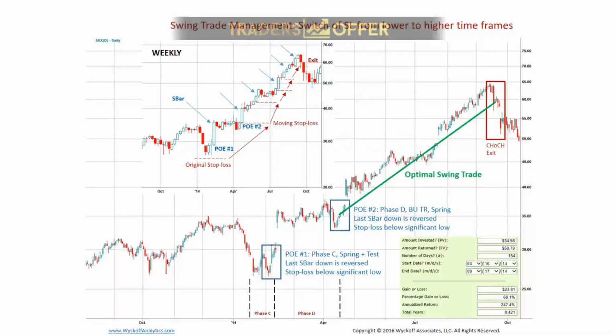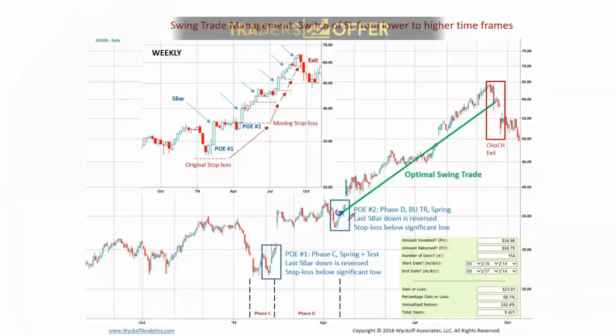So for instance, if you were analyzing the stock on the daily time frame and you've entered on the intraday time frame, your exit, if you're correct in the trend definition and in the up movement of the stock, is going to be on the weekly. So what that creates is, on the intraday, you're creating a situation where the difference between your point of entry,